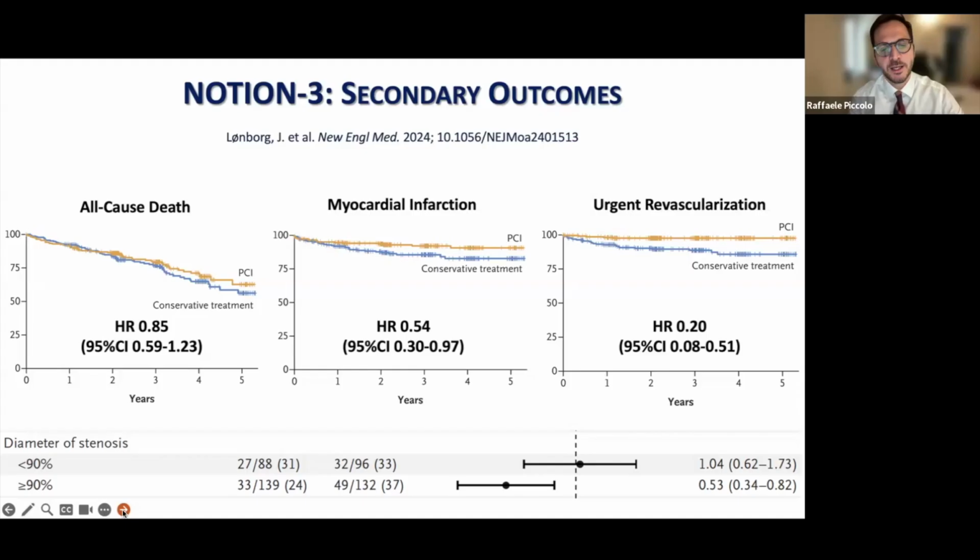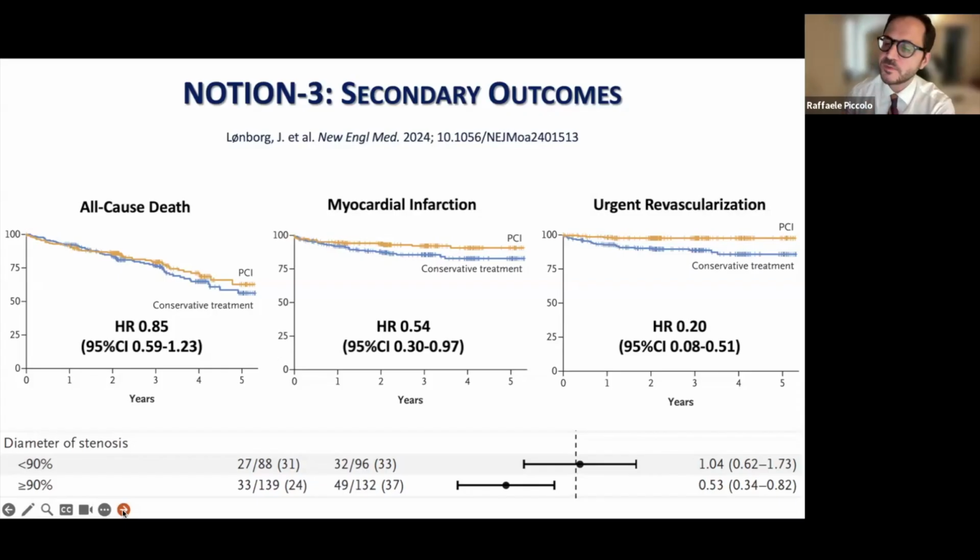And actually, we know that the two endpoints are quite connected. The reduction of MI was a 46% relative risk reduction, and 80% was the relative risk reduction for urgent revascularization. So very high benefit. But here, I would like you to focus on a single aspect of these survival curves. If you focus on the endpoint of MI, you will clearly see that during the first year